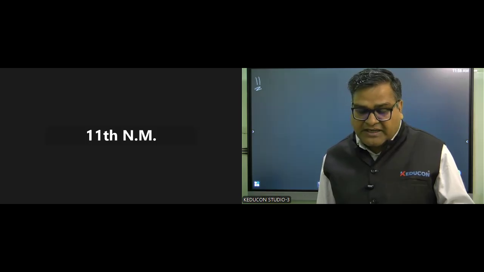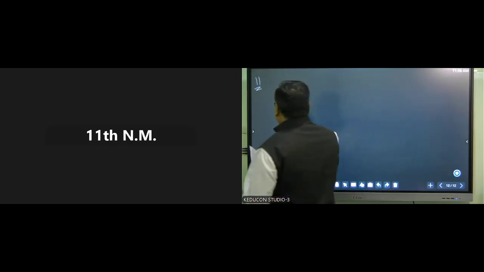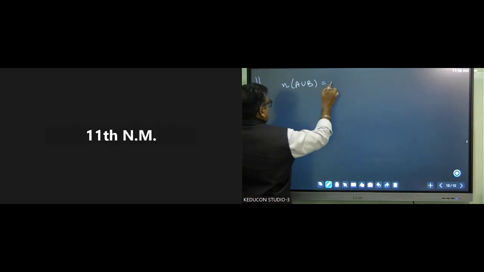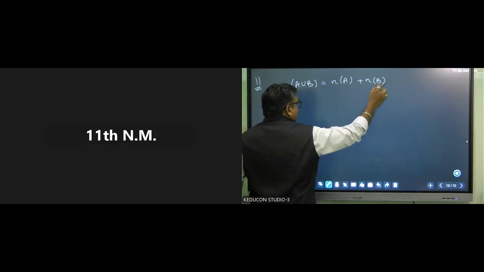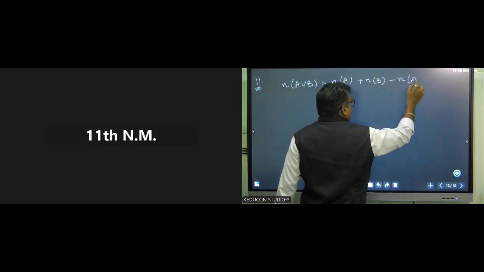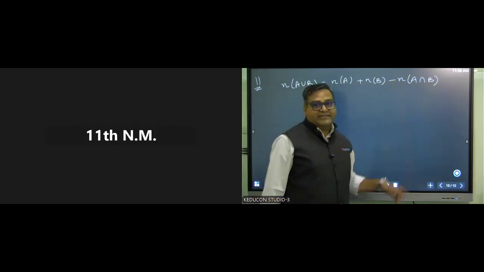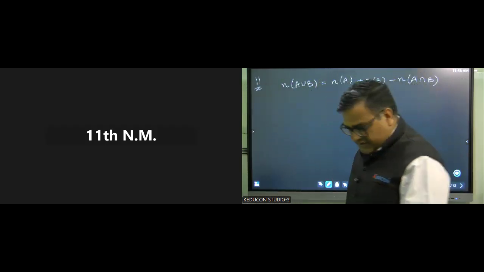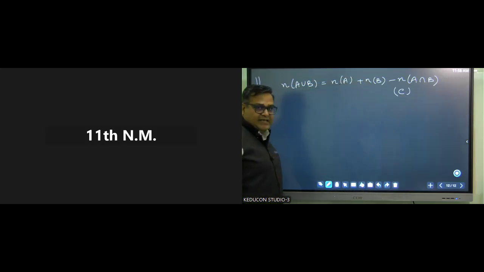False बेटा, 2 नहीं आएगा यहाँ पे. अभी ये भी फार्मूला हमने किया है ना. n of A union B is equal to number of elements in A plus number of elements in B minus number of elements in A intersection B. So this is the formula. 2 will not be there, hence it is false. So the right choice will be option C for this. Option C will be the right choice. Is it clear? Is this clear, bachon?